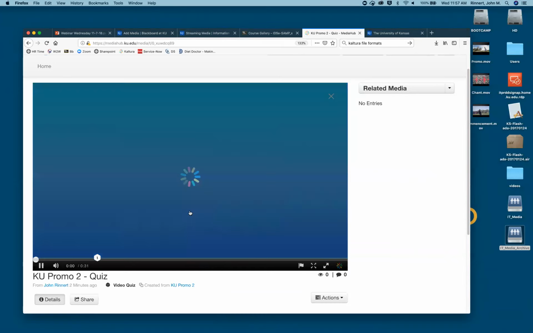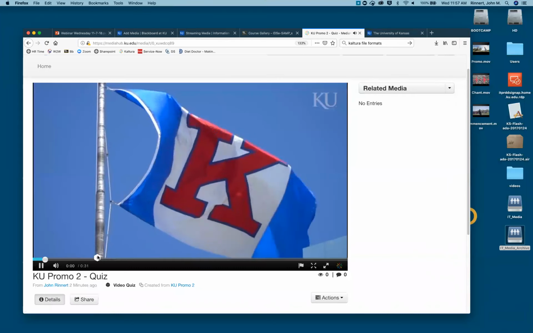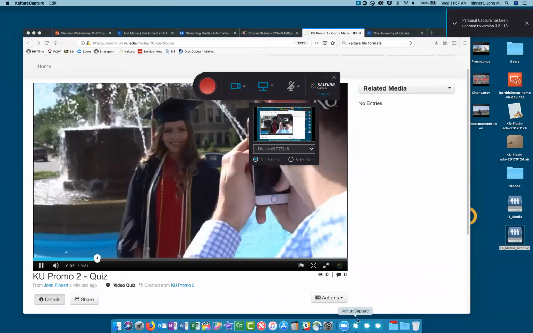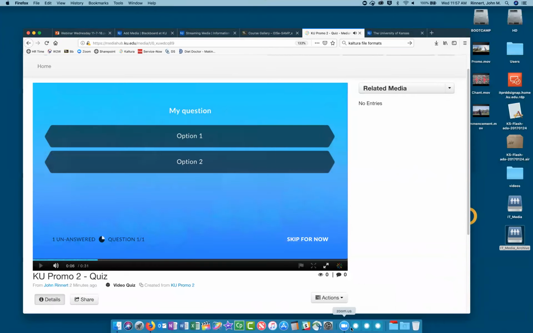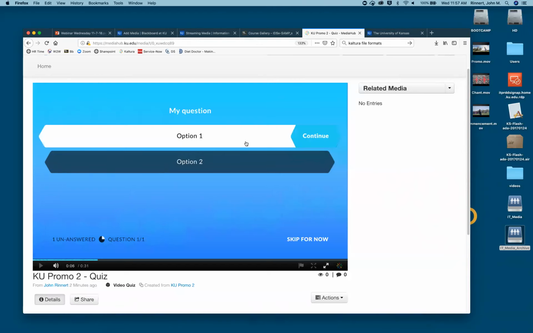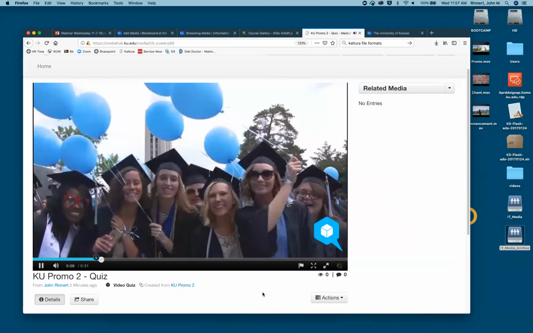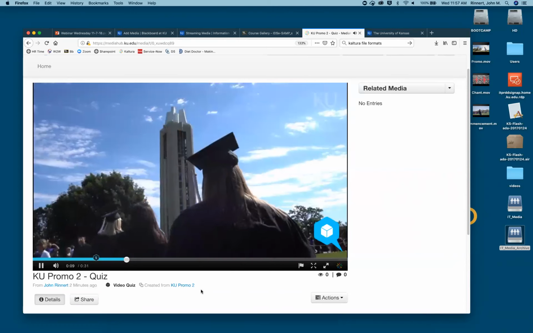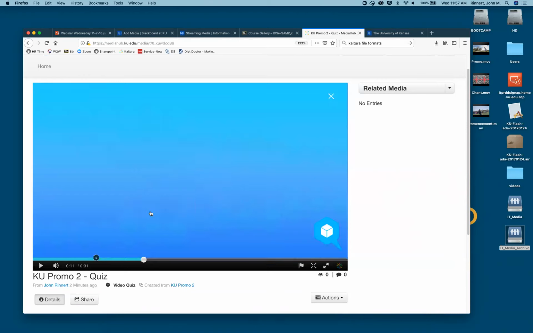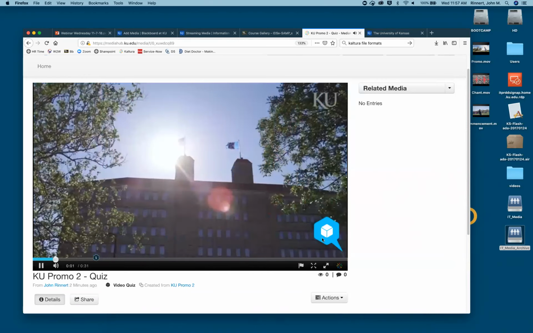Click continue here. It's going to play until you can even see where the... oh my gosh, computer's going crazy. Sorry, stuff's popping up on me. But you can see where it went to the playhead and stopped here, and I'm going to make a choice, and then it's going to continue on. And at the end, I can review.